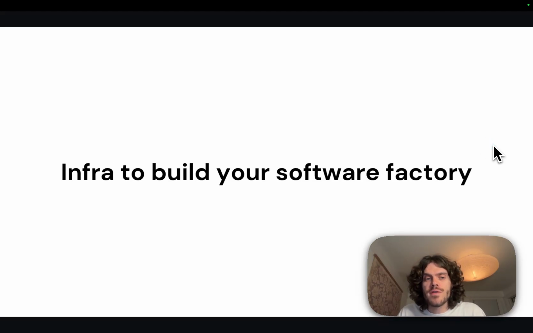Overall, what we're doing is providing the infra to build your own software factory. Companies are going from just creating code by originally typing, now working with agents, to actually building the system that creates the code. So it's the machine that makes the machine. And we want to give every company the infrastructure they need to do this, so that they can build software that helps build itself. So that's Amika. We're building infrastructure to make your own software